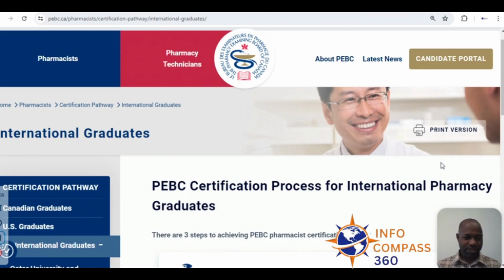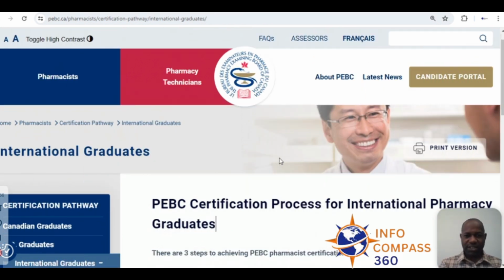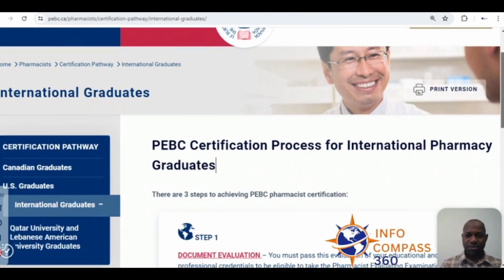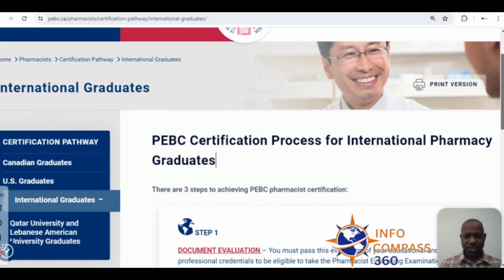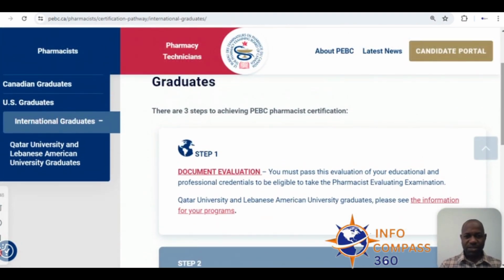So what are we looking at today? We are looking at the process of internationally educated pharmacists looking to migrate to Canada. To get it started is the Pharmacy Examination Board of Canada, which describes the process for international graduates. In three simple steps, it's telling you that there are three basic steps that you need to take,